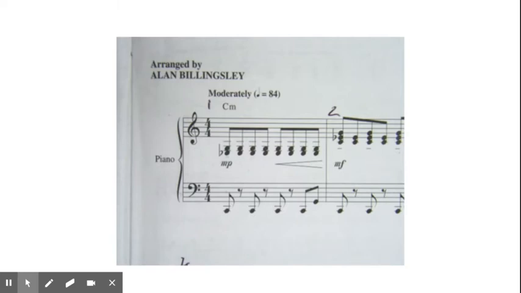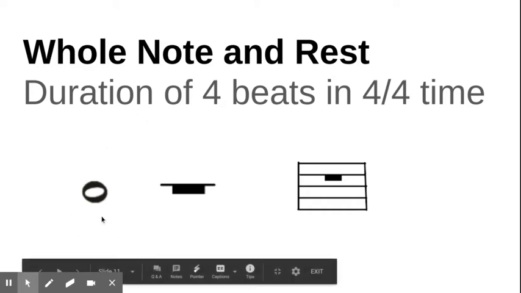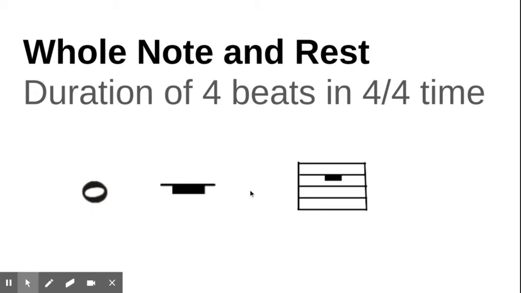Let's start with the longest one. This is the whole note and the whole rest. These have a duration of 4 beats in 4/4 time. Here's the note. So you're singing a note or playing a note and sustaining it for 4 beats. This is a rest, which means silence for 4 beats. That's what the rest looks like in the staff. But if I'm just hand drawing it outside of the staff, it would look like that. The point is that this one goes below the line. Again, pause this as you need to keep up with it. This is the whole note.